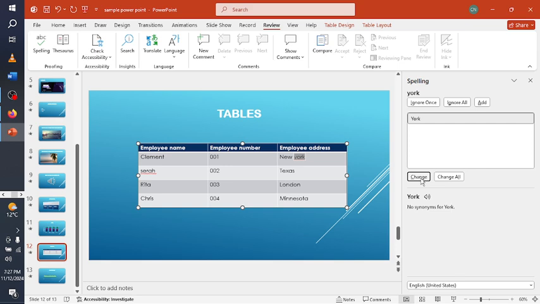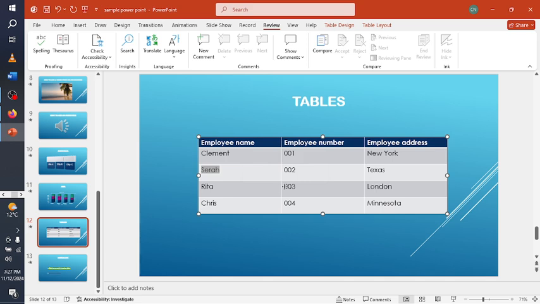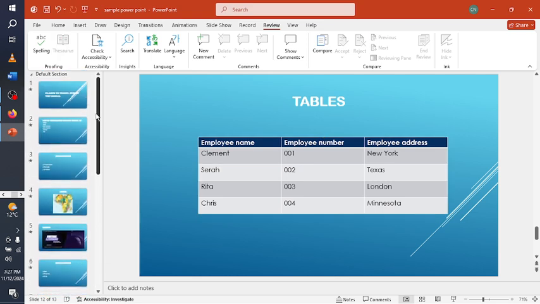And it goes to New York, which is not in a capital letter, I change. It goes to Sarah, which is not in a capital letter, I change. And you can see our spell check is 100% complete. So the system here is built in with so much redundancy that you can check all these things, proofread before